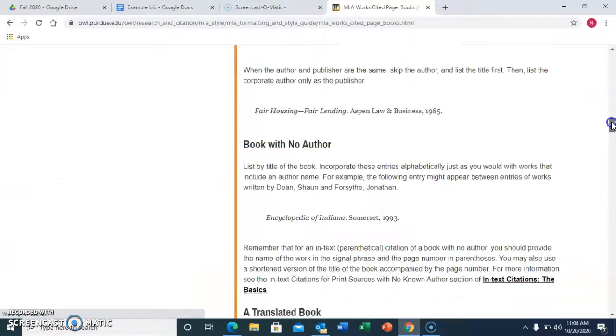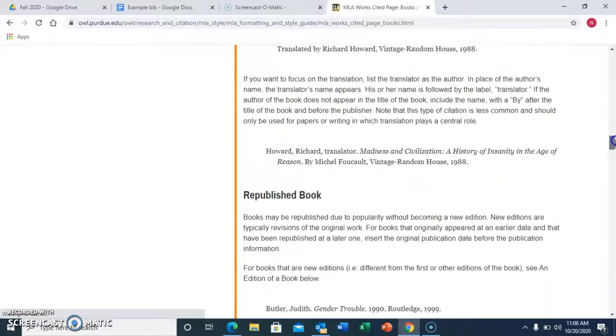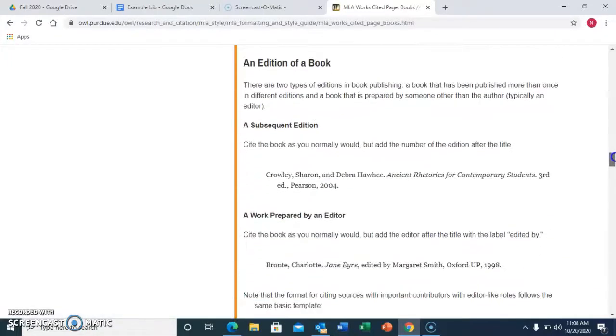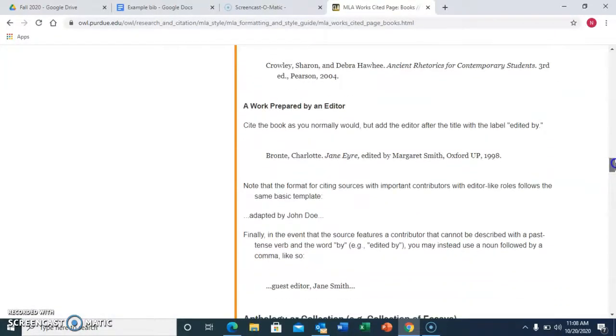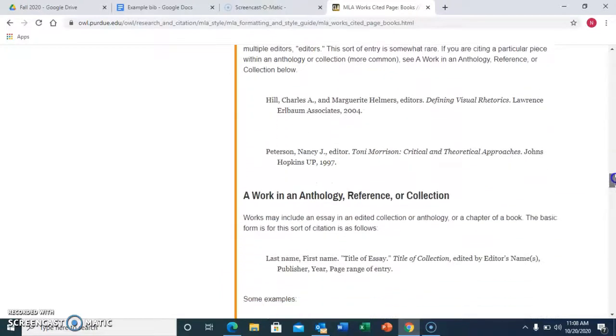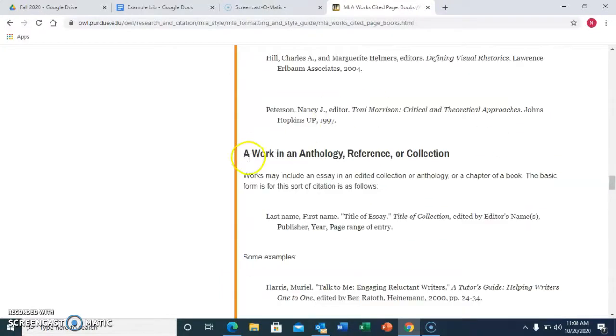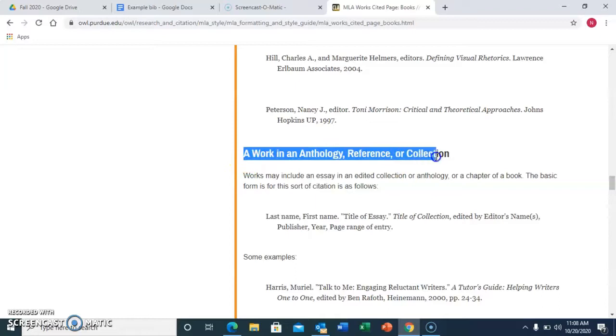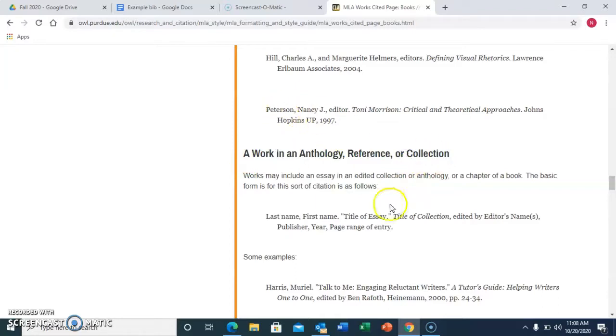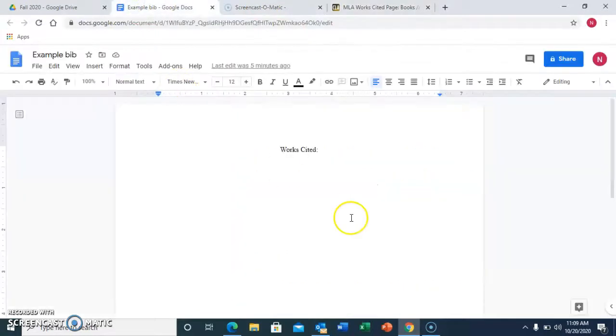We have books with no authors, translated texts, republished books, and a specific edition of a book. I am going to be doing a work in an anthology, reference, or collection because Medium Raw is a collection of essays. So I'm going to be starting with this section, last name, then first name, followed by a period.